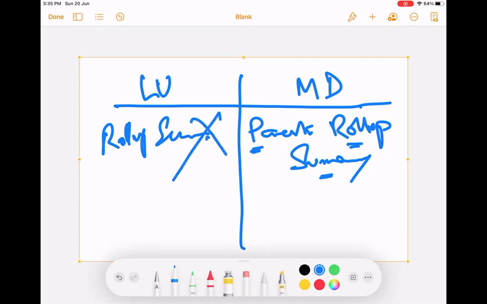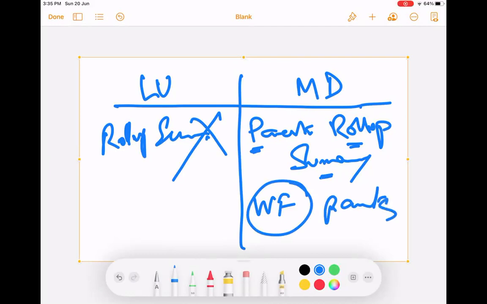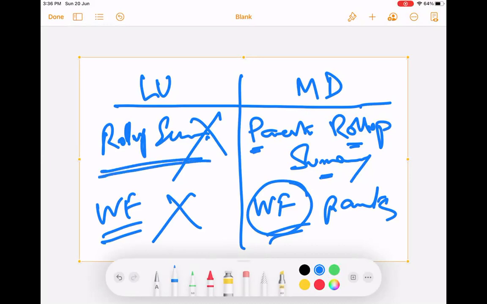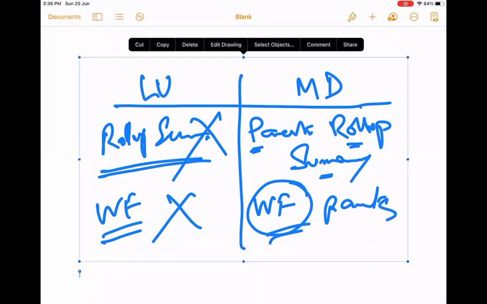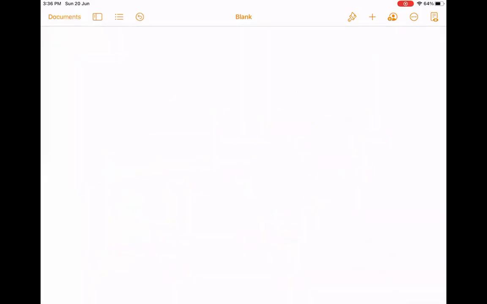Clear? Another thing is workflow rule will work for parents in master detail. Workflow rule has no impact on parents with lookups. We will see all these, what is workflow rule and so on. We'll gradually see that. So two things we will check right now: lookup summary and deletion of child records, right? Automatic deletion of child records. Let's see that. Workflow rule impact we'll see when we do the workflow.